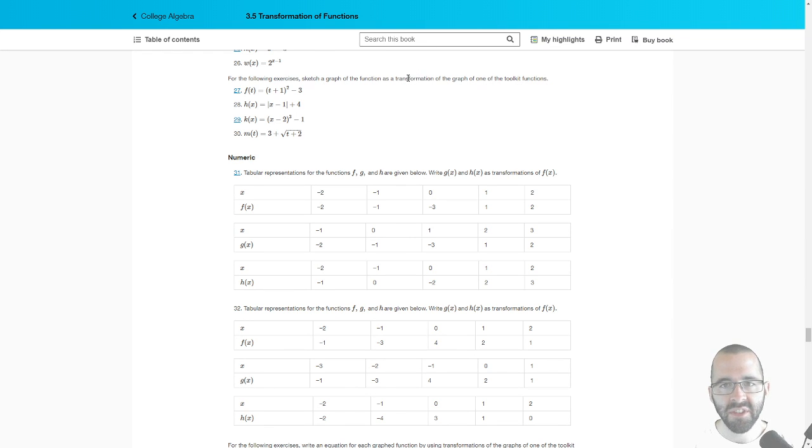Again, this one sketches. It helps to draw a toolkit function. If you can draw the squared function, a parabola, absolute value function, cubic function, or a square root function, then write down your transformations, transform them with the tables like we did in class. All right, so